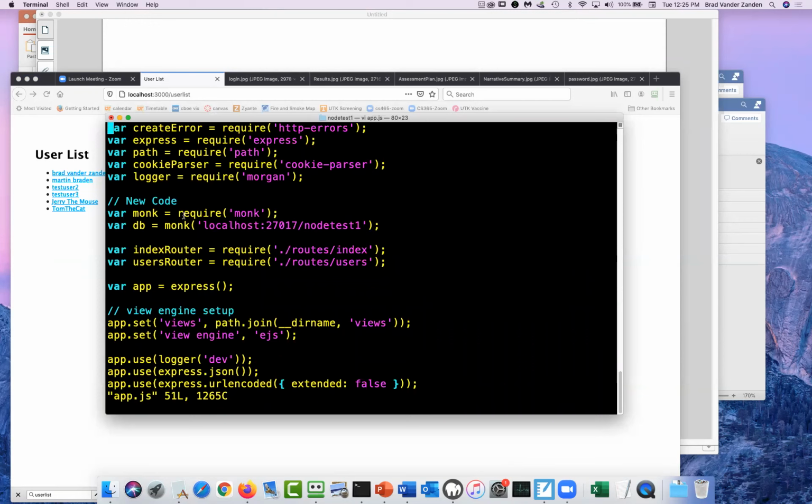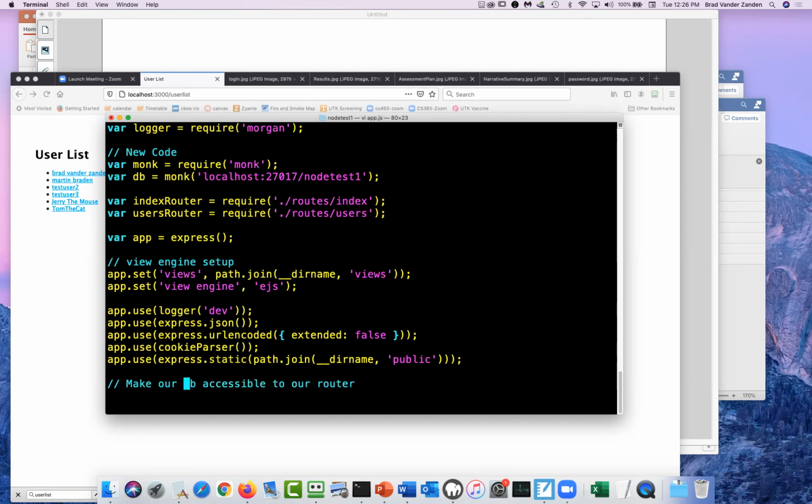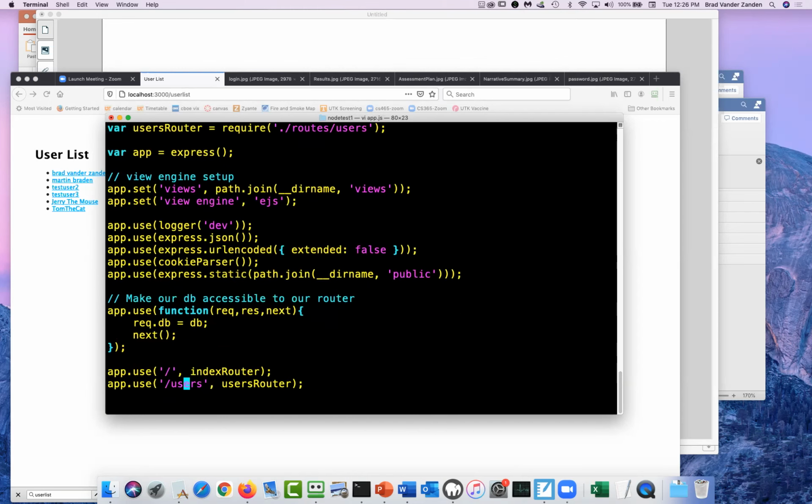So you can see we required monk. This is where we got that database variable. Remember in the routes request.db, well, that's where we called monk, and we were connecting on that port with node test 1. And it didn't magically become available to the request object.